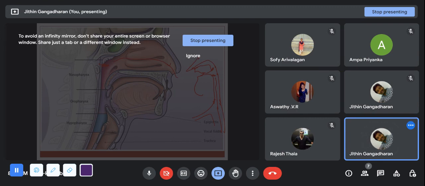See, when we intake food, when we swallow it, the epiglottis will be closing the respiratory tract, and the food will be going into your esophagus, right? That condition is known as deglutition apnea. So when we swallow something, it will close your epiglottis and the food will go into your esophagus,